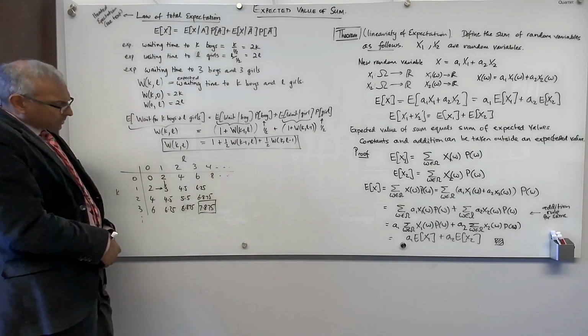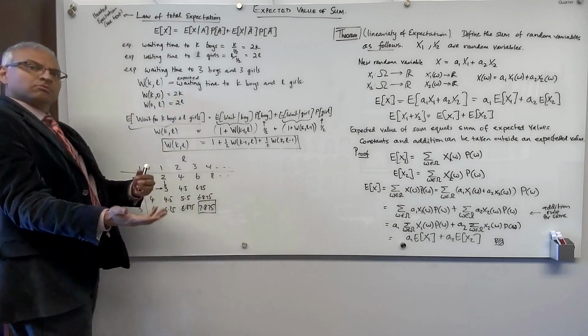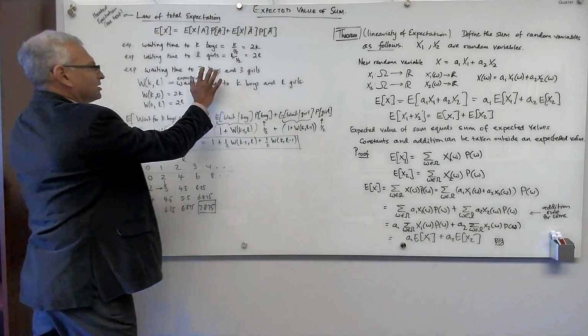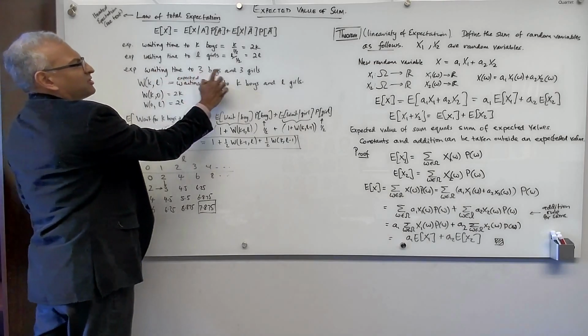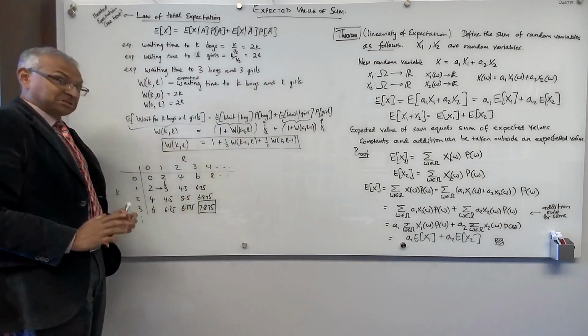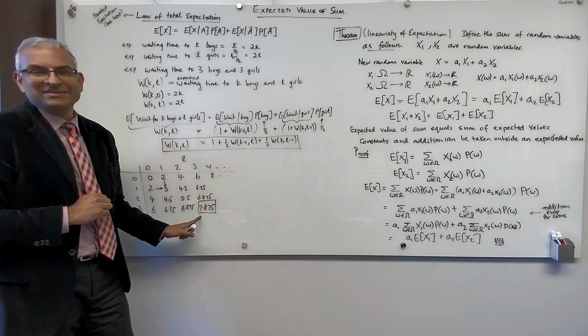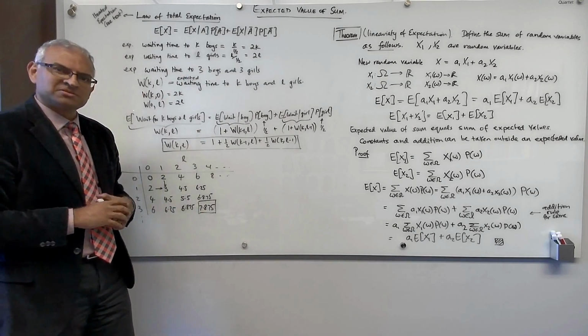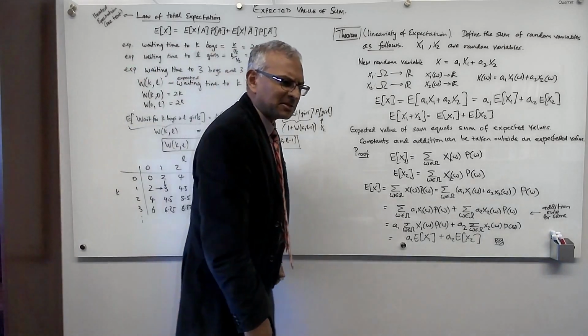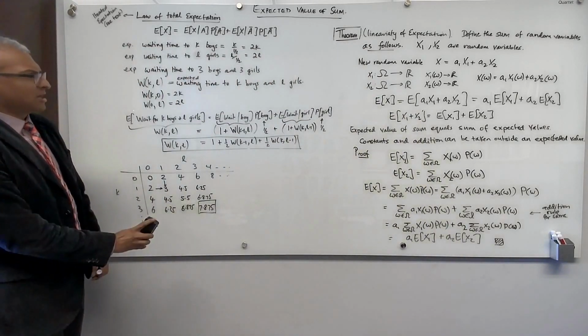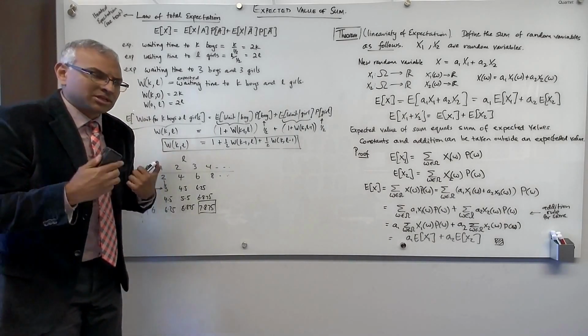What we observe is that when you grow up and you get married and you're deciding to have kids, and you'll continue to have kids until you have 3 boys and 3 girls, I don't know who's going to do that, but let's say you do, you're expecting to have a little under 8 kids to get 3 boys and 3 girls. So let's say 8 kids. So that's an example of the build-up method for computing expectations.